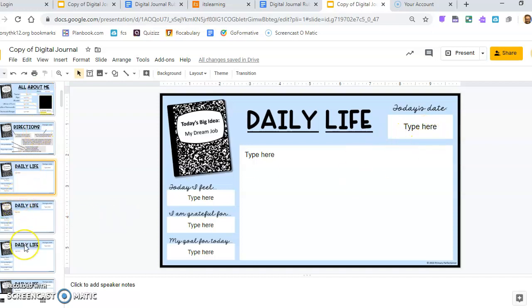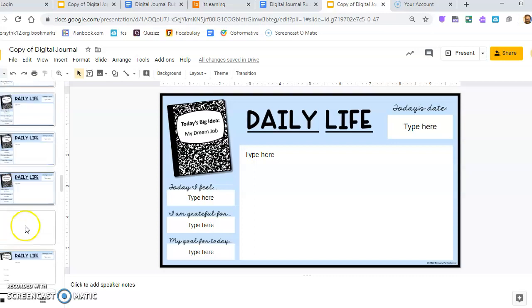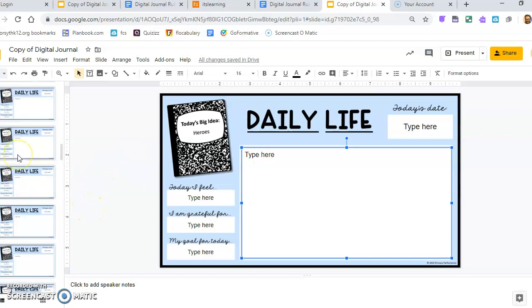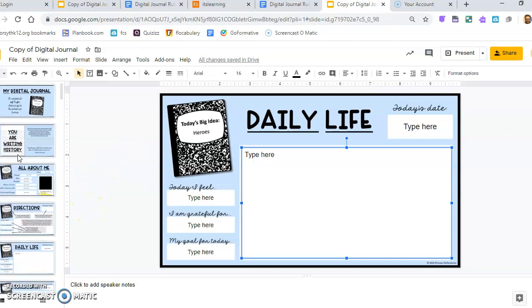If you can put them in order, so if you go way down here and choose one of the slides, you put the date, and then all you have to do is bring it on up to the top. That makes it easier for me to find when I'm grading them. And so that's the idea. You're going to keep track of this. I'll give you a reminder about how to submit it.